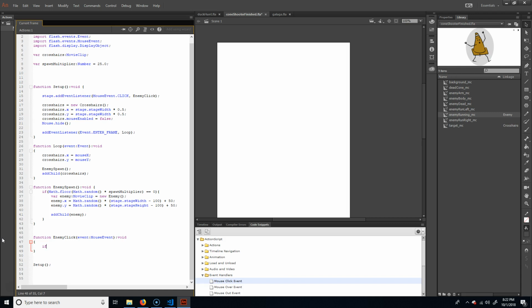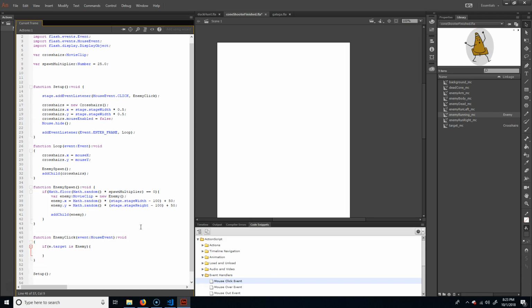We're going to go ahead and do if e.target is, it's the same thing as equals equals. I'm just going to write, let's try equal, we'll just do is enemy. So if it's of the type enemy, remember when we spawned the stuff, we made our enemy initially, it's of the type enemy here. So if it is enemy,